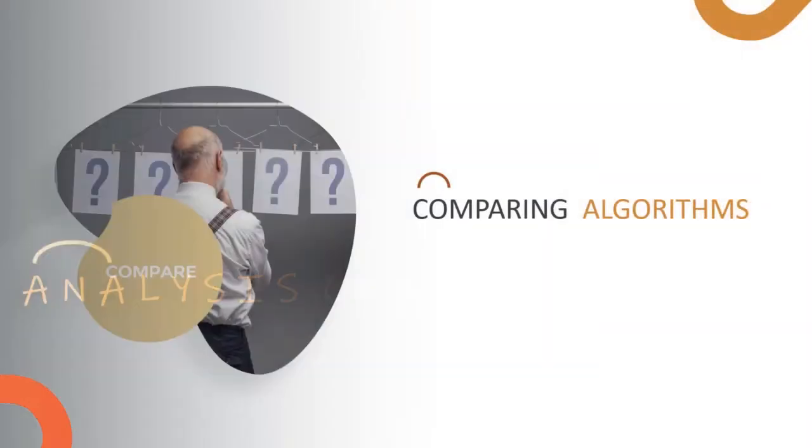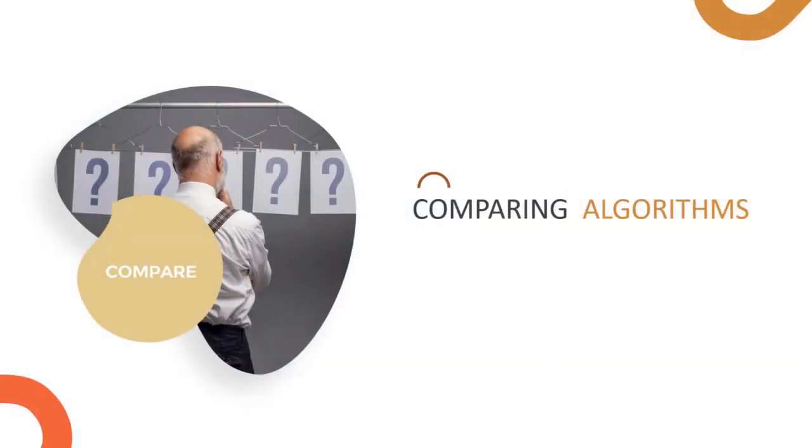Here we are going to discuss analysis of algorithms. Assume that we have two algorithms for a task. We have to find out which one is better. In the general way to do this, implement both the algorithms and run the two programs on your computer for different inputs and see which one takes less time.